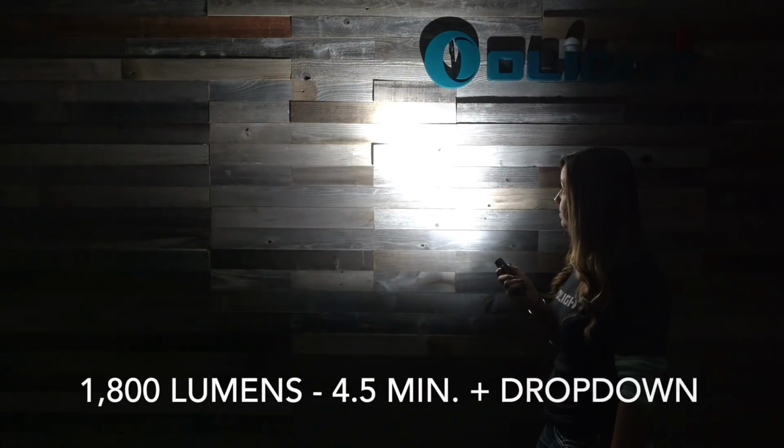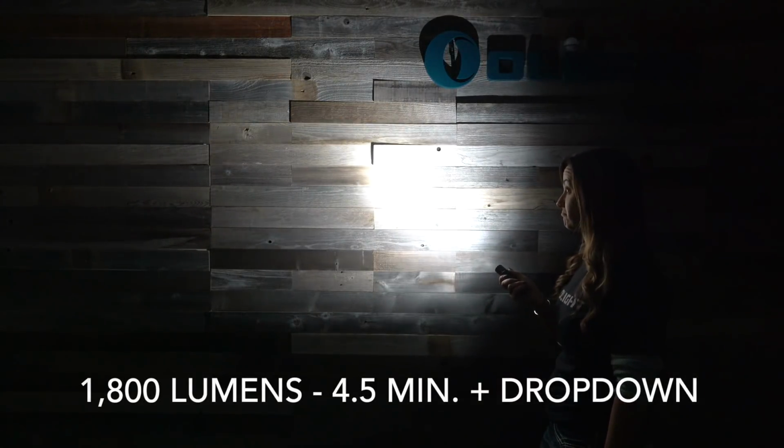It lasts for 4.5 minutes. Now that might not seem very long, but actually most turbo modes only last for 1 to 2 minutes tops. So 4.5 minutes at turbo is very impressive out of a light this size. Now it's going to slowly drop down to 750 lumens after that 4.5 minutes, and that will last for 145